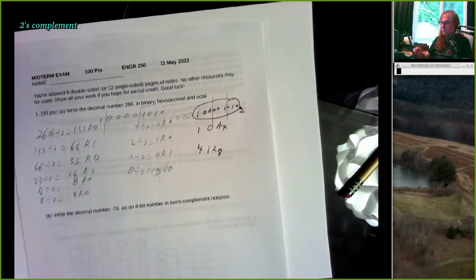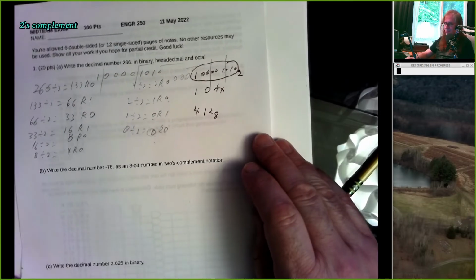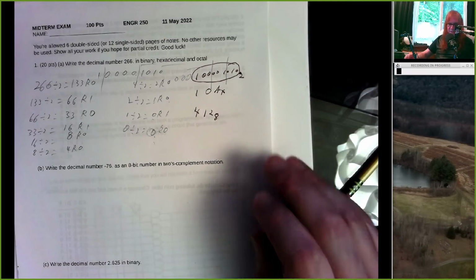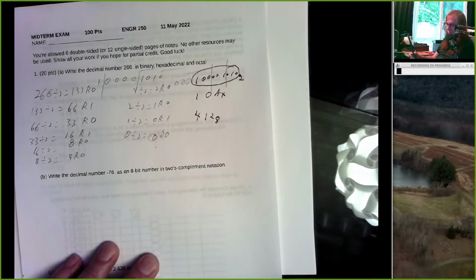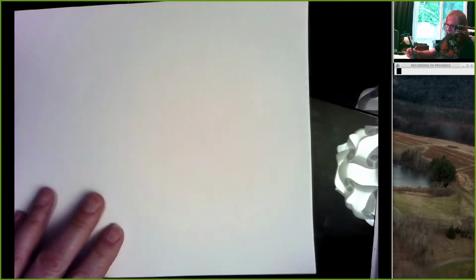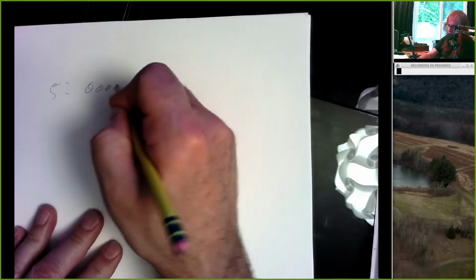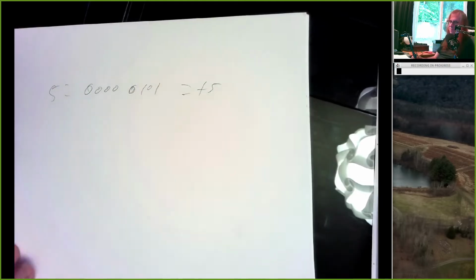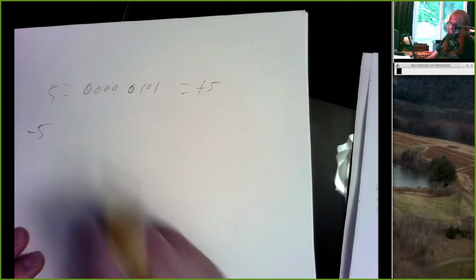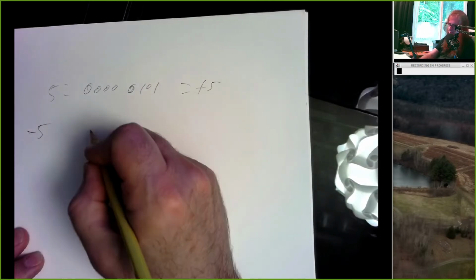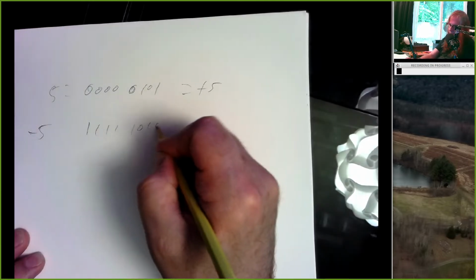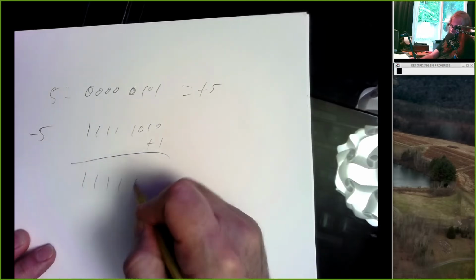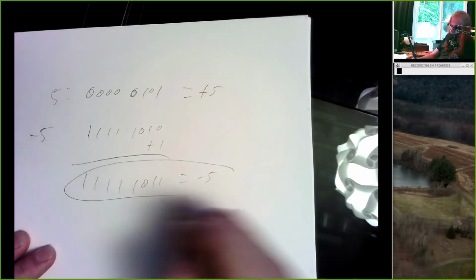All right, the next one, there may have been a conceptual issue here as to how 2's complement works and what it is. So if I ask you to write the number 5 as an 8-bit 2's complement number, it's just your usual weighted positional notation. That's positive 5. If I ask you to write negative 5, it means write positive 5, toggle all the bits, add 1,